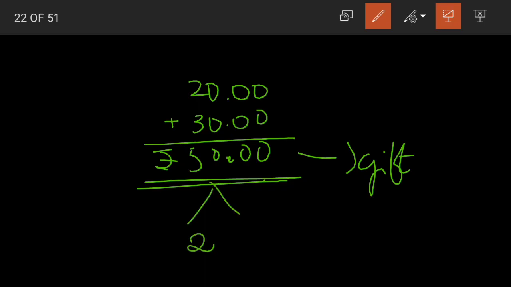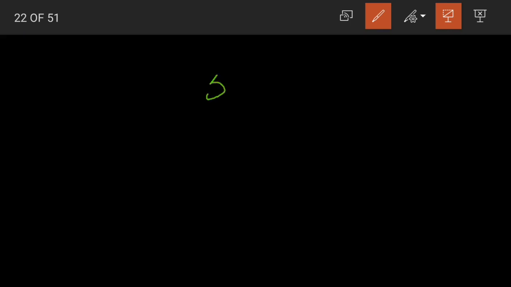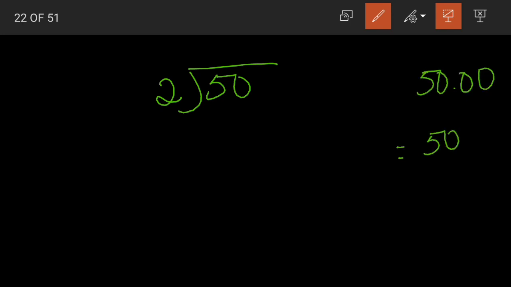Now this has to be paid equally by 2 people. How will we find out the amount that should be paid by each? We have to divide 50 by 2. Yes, children, we have to divide this 50 by 2. 50.00 is nothing but simply 50 rupees, right? So, for ease of division, we have simply removed the paise here because it's nothing but 0 paise. 0 paise means there are no paise. Then what is the need for us to write it in division here?